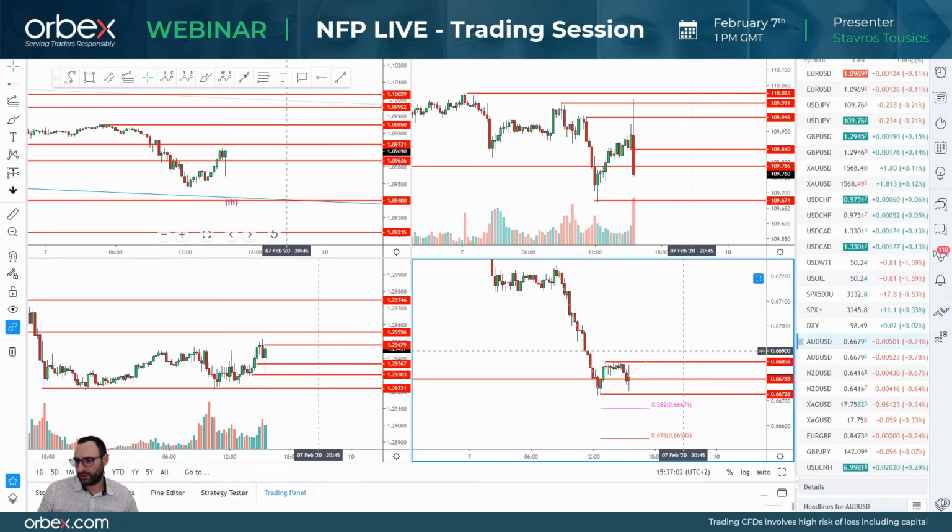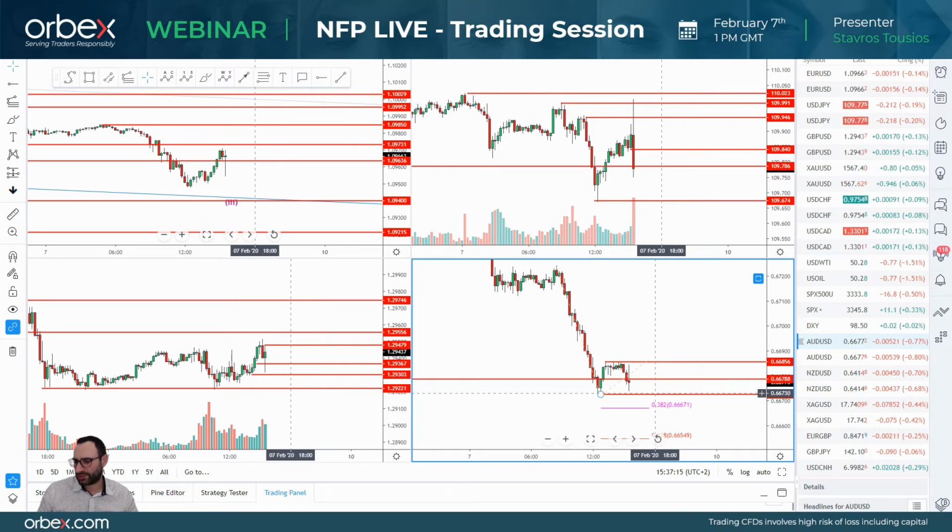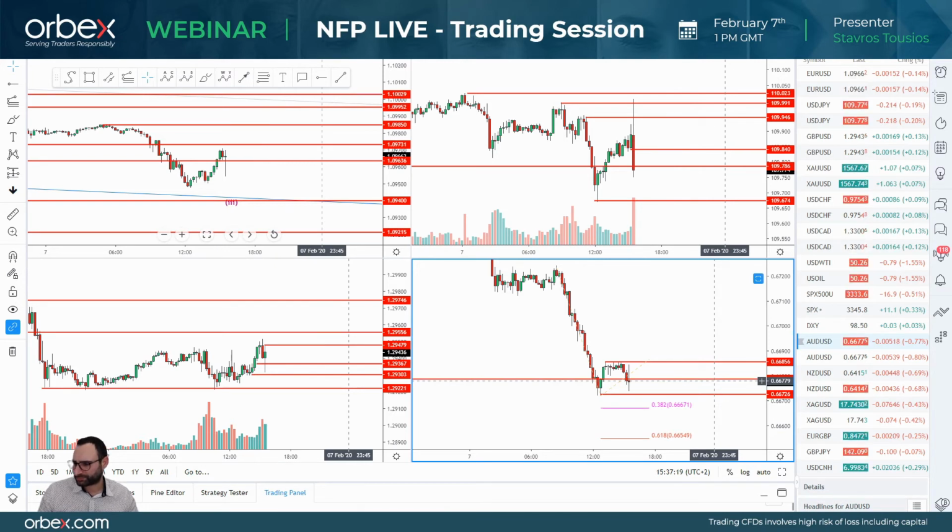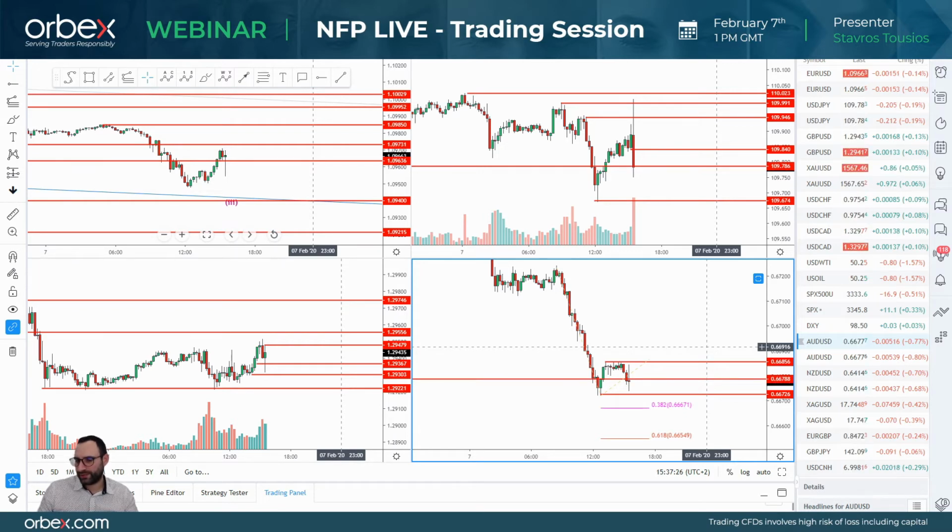And then the Aussie dollar as well. At the moment it's just trading mixed around 66.78. We had an equal move to the downside and also to the upside over the past 7 minutes. Okay, which really suggests that there is something else. There is a different component that institutions are actually looking at in this current market.